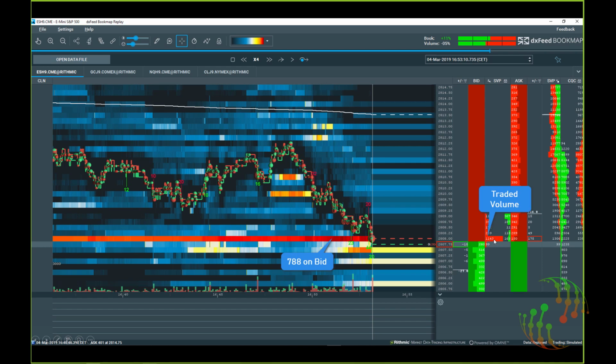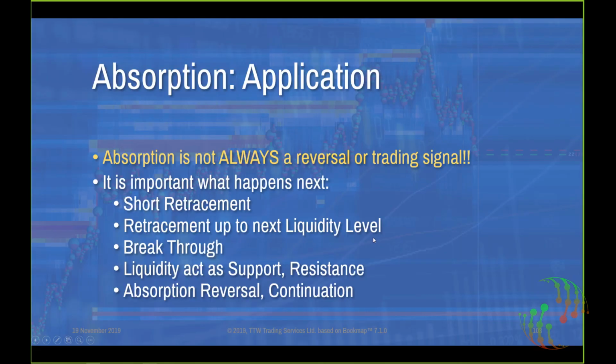Therefore I try to motivate you to use the limit order book to see this behavior very clearly. They are trading 1,143 contracts into the 2808 and then absorbed everything on the market, everything. Now, it's very clear, I think, what absorption is. We will see a lot of examples.